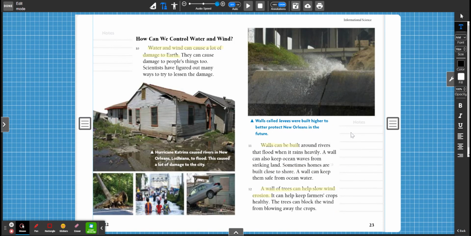All right, my friends, we are going to go back to page 22 and 23 and write our main idea for what scientists are doing to help control the damage. So, we learned that there are 2 main ways for scientists to help manage the damage, manage the wind, manage the floods, right? So that's what we're going to say in our main idea. So we'll start with scientists have found